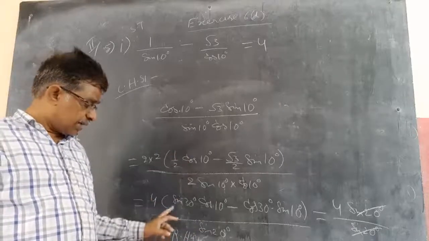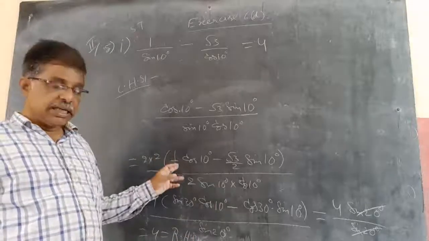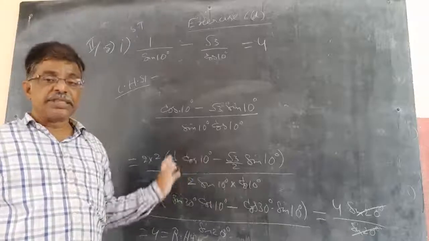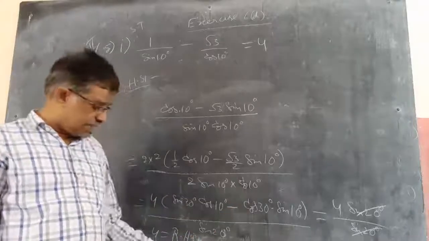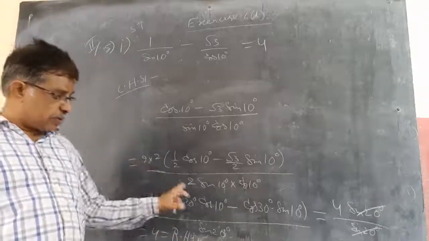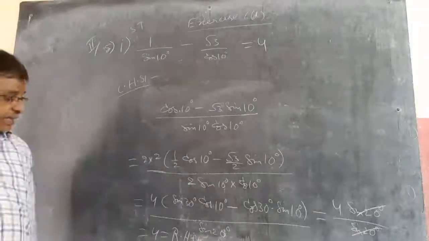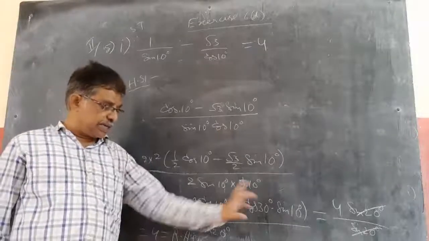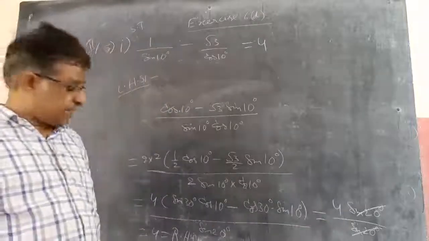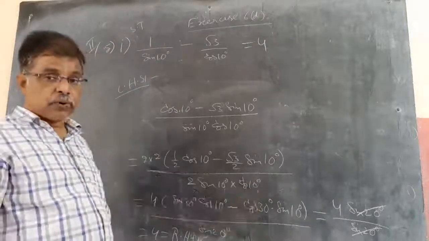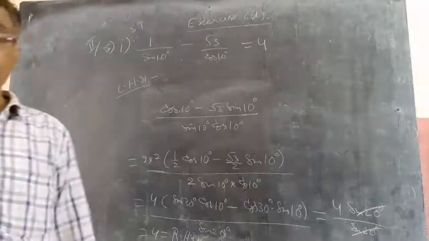1 by 2 I am taking as sin 30, so it is converted into sin of A minus B. If I convert it to cos 60 and sin 60, it becomes cos of A plus B. I am doing sin of A minus B because I need sin in the denominator. So this is again into 2 by 2: 2 sin theta cos theta, sin 2 theta, 2 into 10 is 20 degrees. So 4 into sin A cos B minus cos A sin B, sin of A minus B, sin of 30 minus 10, 20. Sin 20 by sin 20 cancels. Left out is 4. Hence proved. So it is equal to 4. Very important sum for 4 marks.